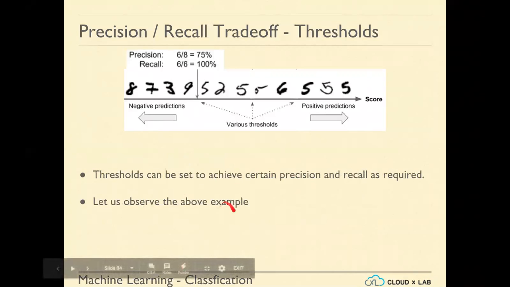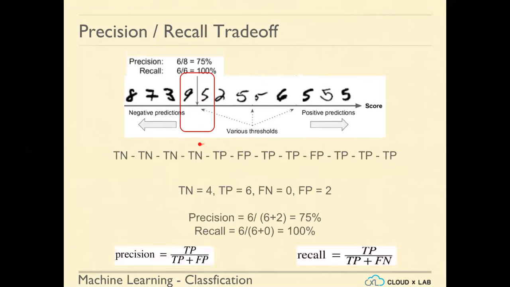Let's take an example here. In this example, we will be setting a threshold and computing the precision and recall manually. Imagine that we are drawing a line here. This is the threshold, the value of classifying as 5. Let's say this is our threshold. If we draw the line here, we calculated that our precision was 75%, while recall was 100% because